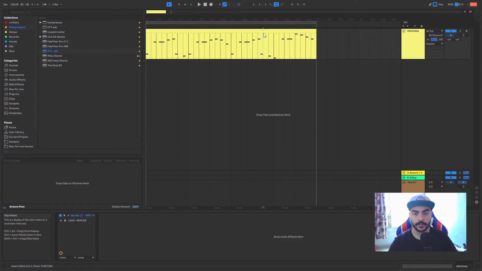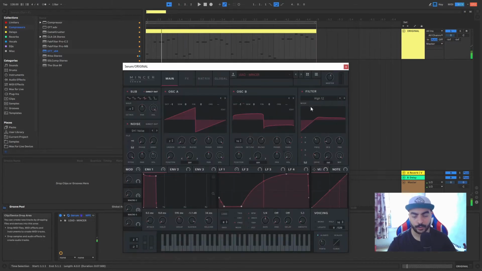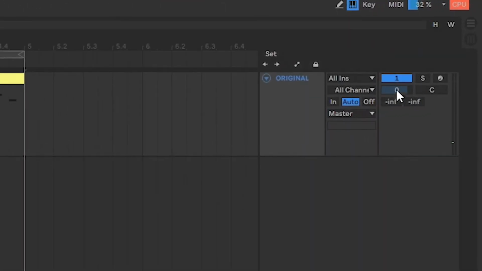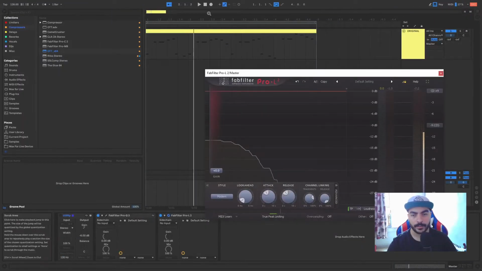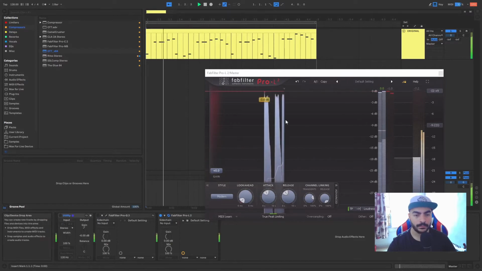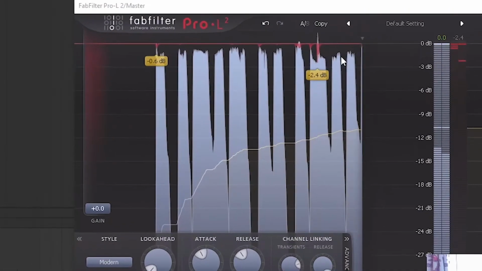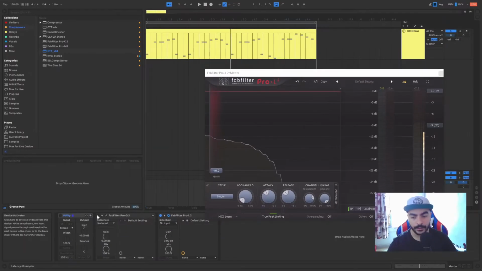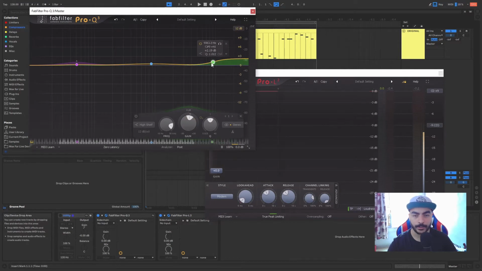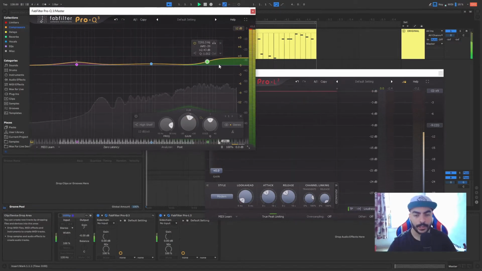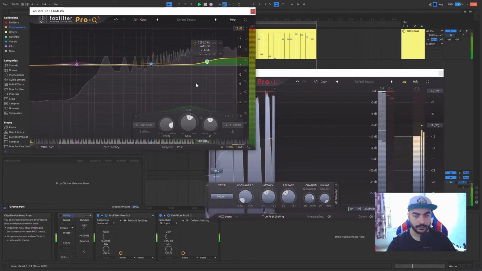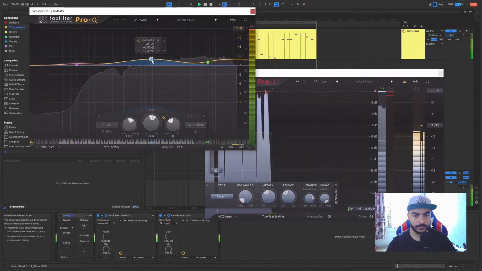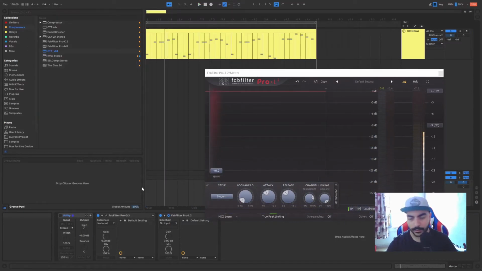Okay guys, so this is a clip I made for this video, and it's just a normal lead. You can see that it is at 0 dB right here, and if I open the limiter on the master, you can see that it's already clipping at 0 dB. So imagine if the mastering engineer wanted to boost the highs a little bit to bring out that clarity. You're already clipping, like it went in clipping.